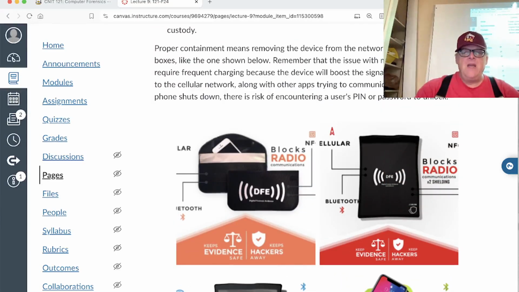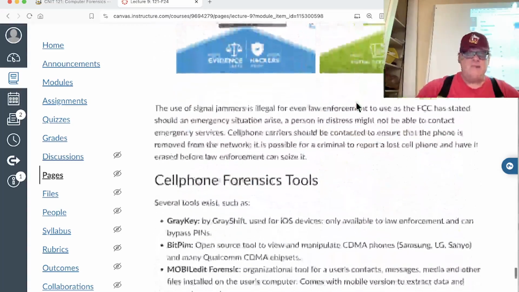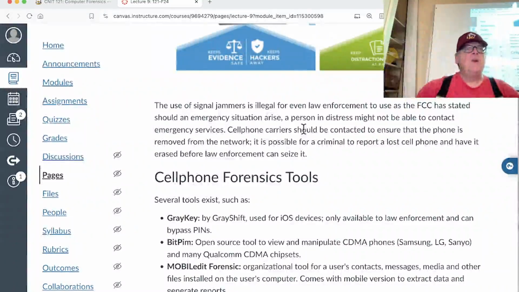And then it requires frequent charging because it's going to drain more rapidly. Once the phone shuts down, then you're going to really need the PIN to get any of the data. All right. And by the way, you might wonder why they don't just jam the cell phone signal, and you're